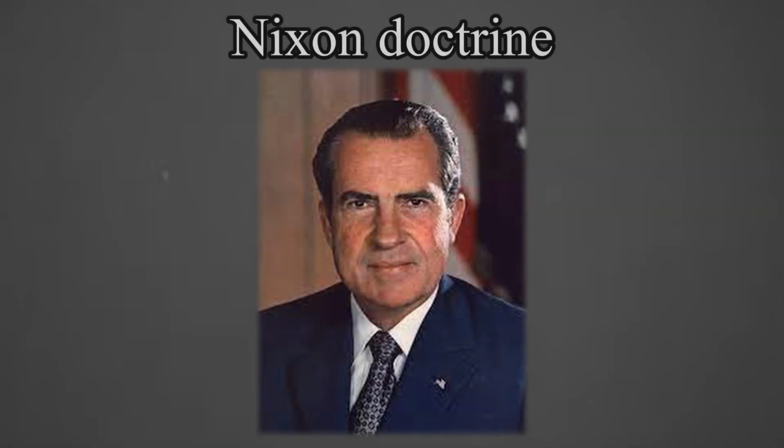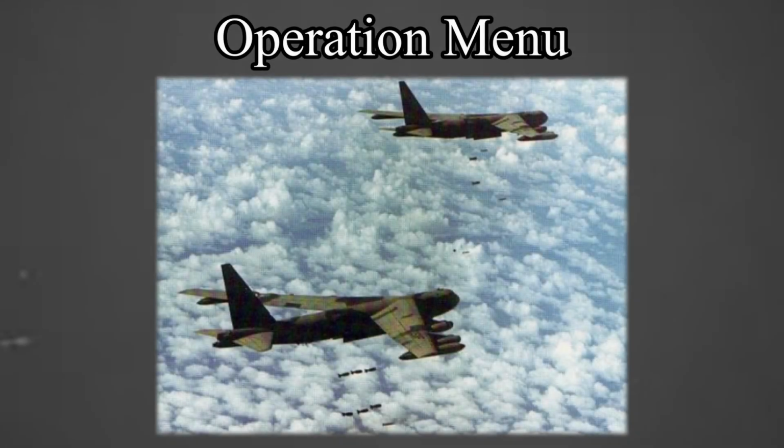When Nixon became president, he announced the Nixon doctrine, which implied that the US would support allies under military threat with economic and military aid rather than with ground troops. Operation Menu was a secret bombing campaign in which over 2.7 million tons of bombs were dropped on Cambodia. It was successful in delaying the fall of certain areas to communists, but it caused the death of 50,000 to